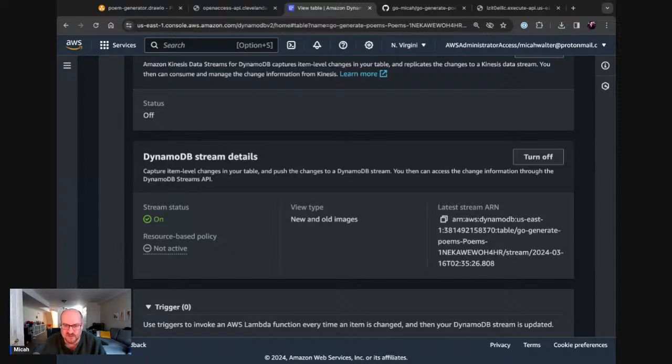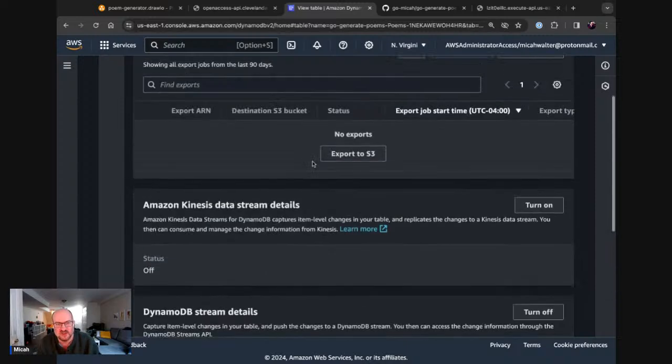For example, let's say every time I added an item to this table, like a new poem, I want to send me a text message. I wouldn't do that because I would probably get a lot of text messages all of a sudden, but you could totally do that. You can create an architecture that will react to those new items in the table. So that's super cool, another thing to know about. All kinds of uses for that.